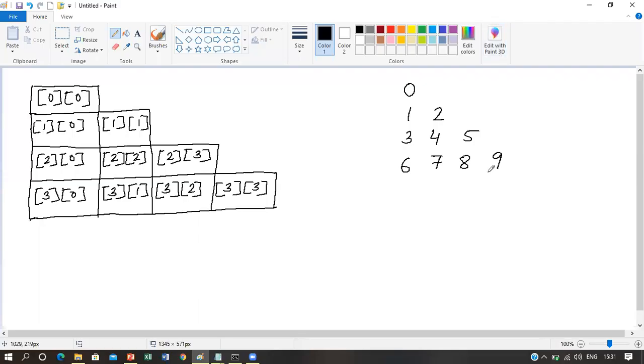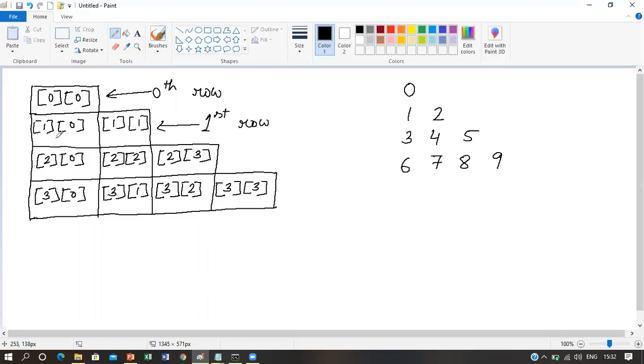Suppose in a program, by using a 2D array, you want to print a pattern like this. This pattern can be conceptually thought of like this, where this is the 0 0 element, this is the 1 0 element, this is the 1 1 element, and so on. If we look at the 0th row, in this row, only one column is there. This is the first row.